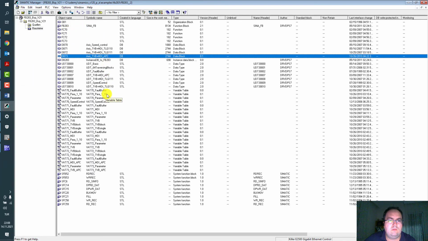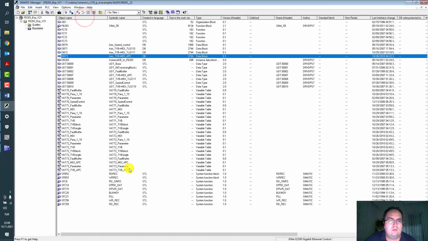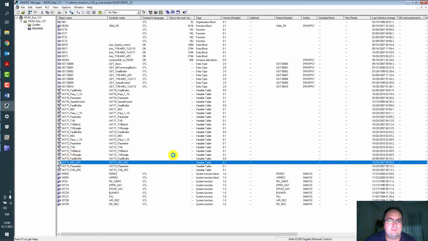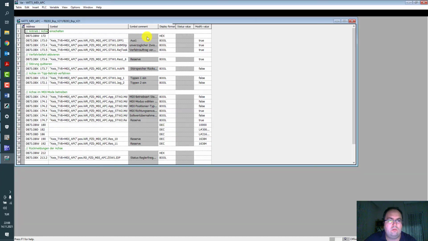And there are some watch tables. In this case, MDI. Control and monitor.